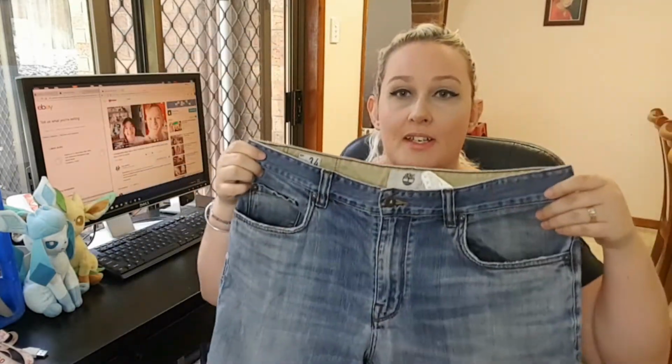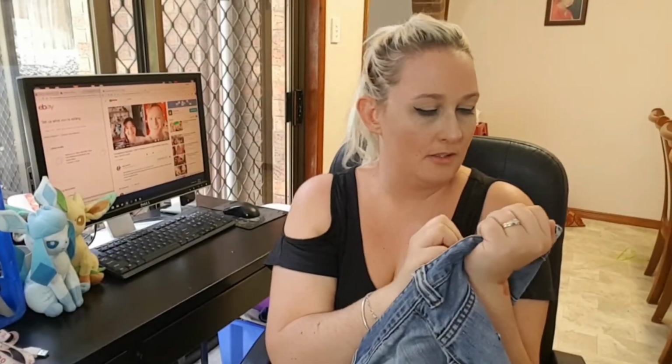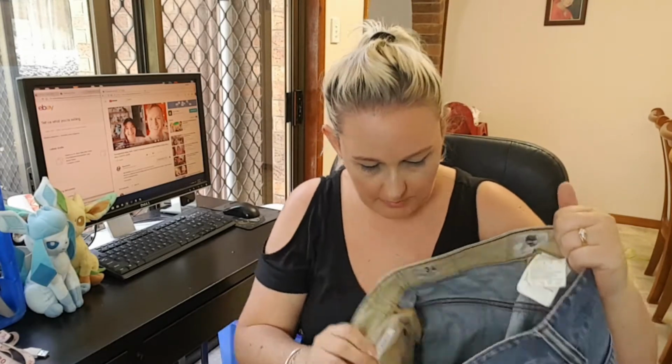Next up, another $2.50 for this pair of jeans. I'm on the jeans roll. So these ones haven't got any flaws that I can tell. But they're men's again. These ones though, they're Timberland, if you can recognize that logo. Timberland jeans, $2.50. I hope to turn it into $30, but you know, these are just estimates because I couldn't look up